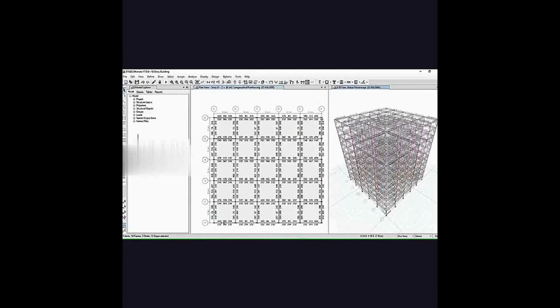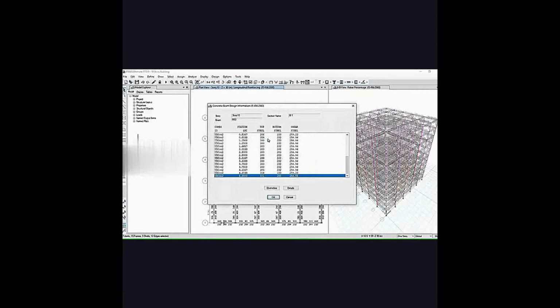Here you can see the details in the 2D structure as well as in 3D structure for a particular column or a particular beam in the frame. The details are shown here in this report, as you can see.